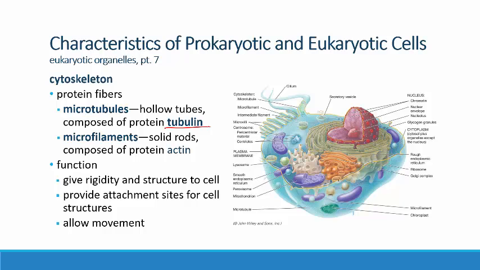Microfilaments, rather than being hollow rods or tubes, they're solid. Microfilaments are built with the protein actin. So actin is the big protein that we see making up microfilaments. There are other cytoskeletal elements as well, but we'll just stick with microtubules and microfilaments. And again, they give rigidity and structure to the cell. They provide attachment sites for cell structures, and they allow movement both within the cell and of the cell itself. So lots and lots of organelles associated with